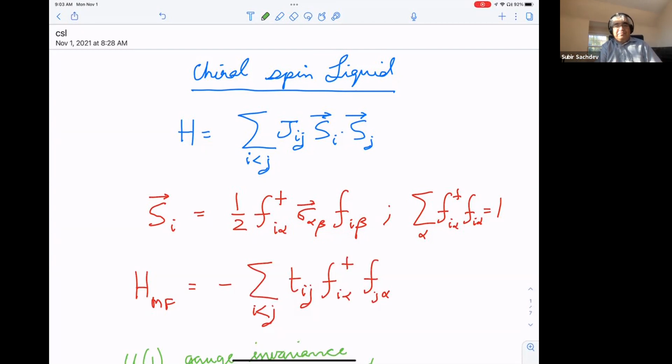So I'll probably get to the integer today and maybe fractional next time. So it'll be a bit longer before we go on to metallic phases, which is the next and major topic of the course. All right, so to begin with, we are talking about some antiferromagnets, spin a half on, let's say,